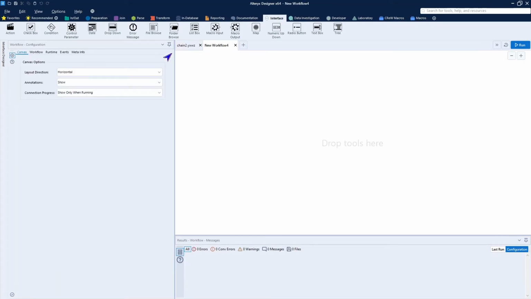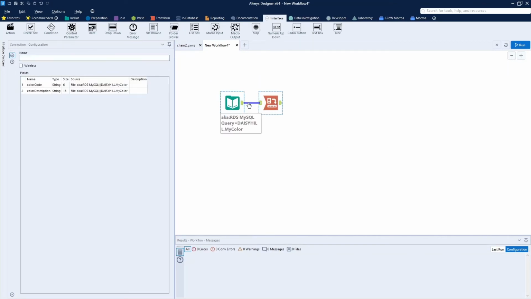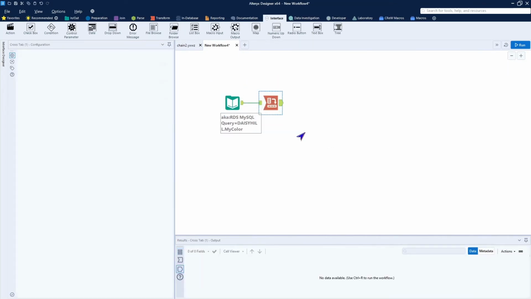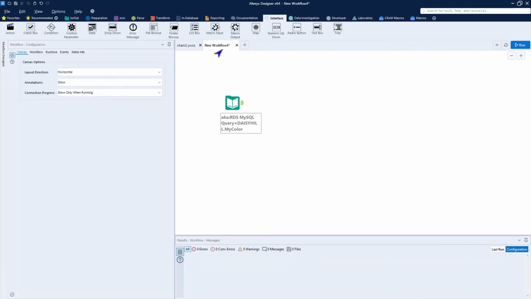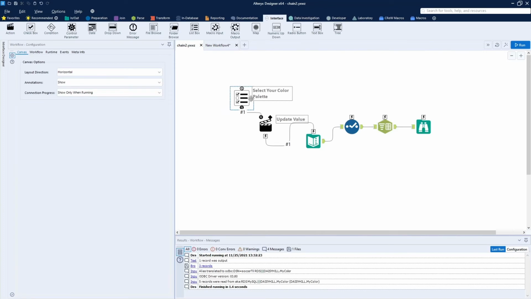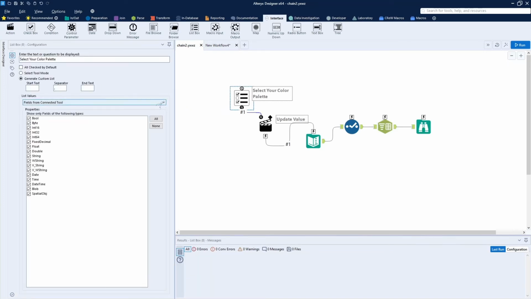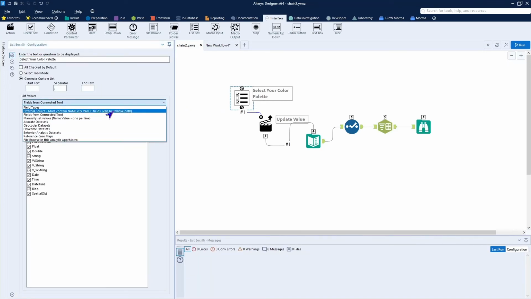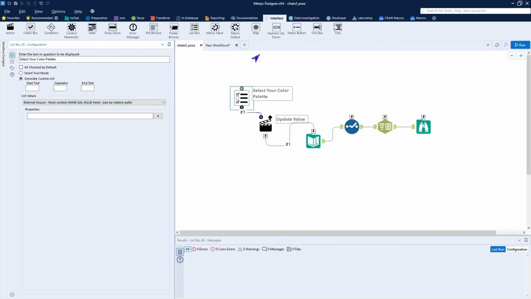So we're going to create another workflow at the very top of this, and we're going to start that workflow off as simply querying the database, because we don't really need to do this movement, because if you go back and look at the palette, if we say external source, it must have a name and value fields. So it doesn't need